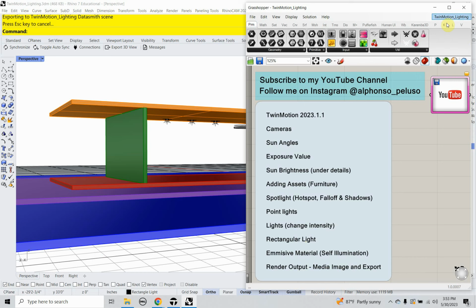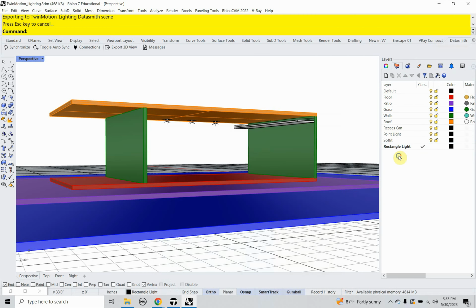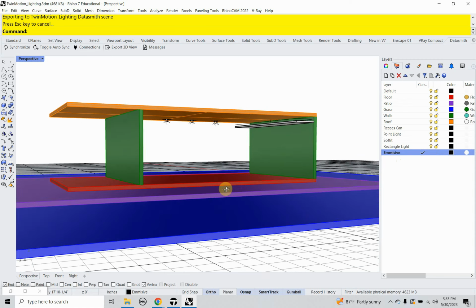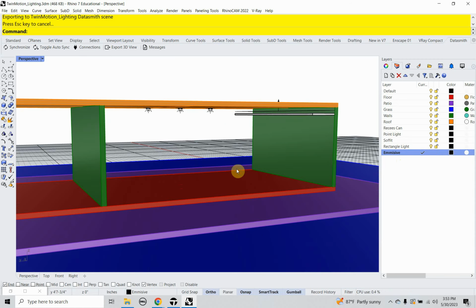So let's go ahead and make a new layer, and I'm going to call this emissive. Some software calls it emissive, some call it self-illumination. TwinMotion calls it neon, so a little bit different there. So I'm going to go ahead and just make a box, not too big,